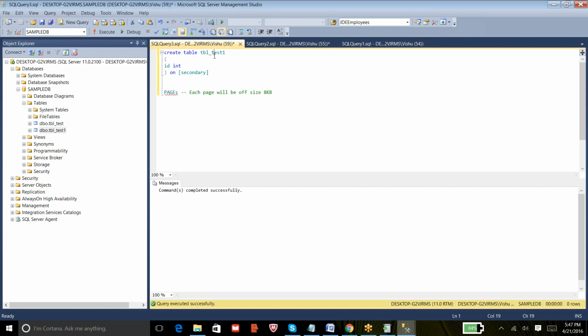Then when I start executing the query, the SQL at backend keeps on writing the information on the pages, and assume that the first page has accumulated around 20 records of that student page. Then after, it takes a new page from the SQL and it starts writing the data on the second page from row number 21. It keeps on writing until your rows get finished off.